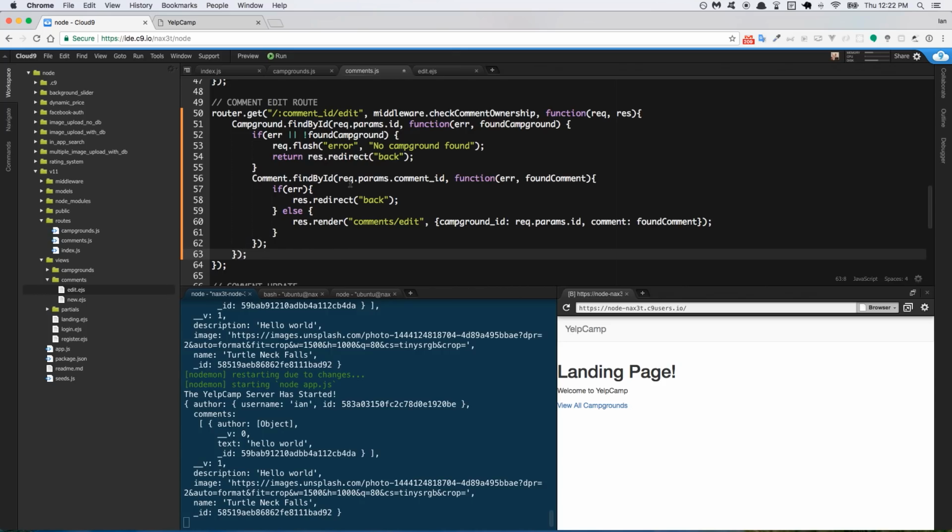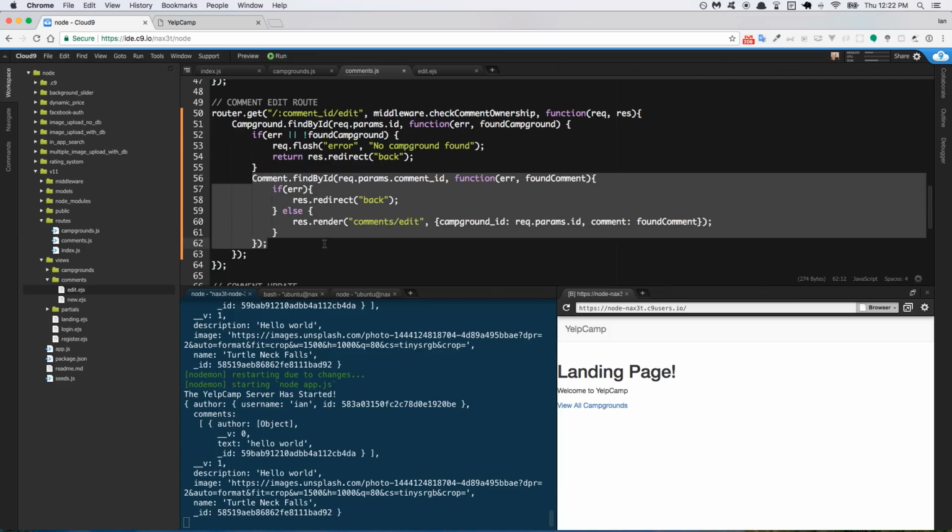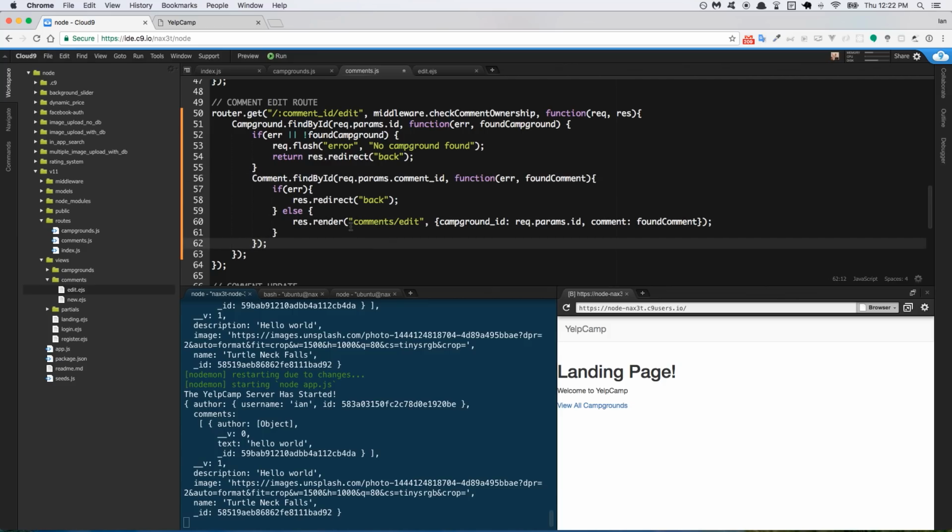So let's go ahead and do a review of what's happening here. We do our check comment ownership to make sure that the logged in user is in fact the owner of the comment. If they make it to this part of the route, then we check the campground that is in the URL, and if it's not a campground that exists, then we go ahead and redirect back with an error message. If it is, then we continue on and we find the comment, and then we redirect back to the edit page. So I'm going to save,